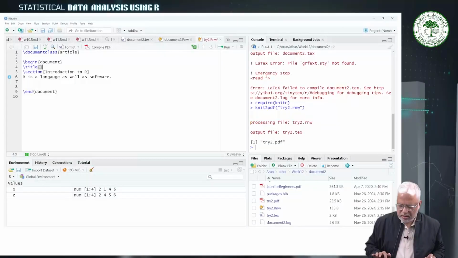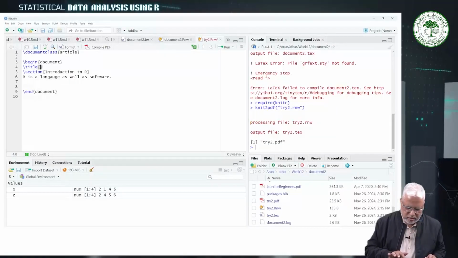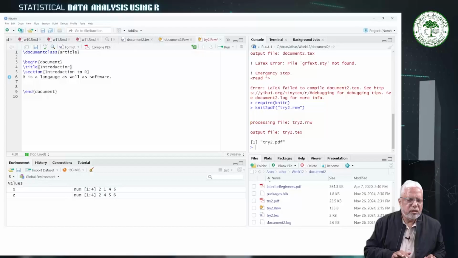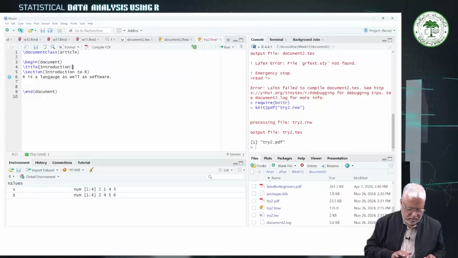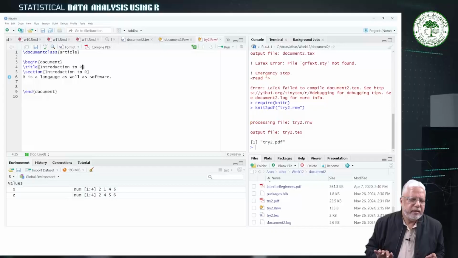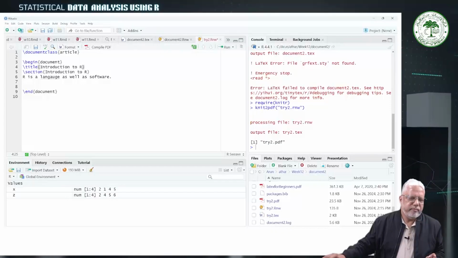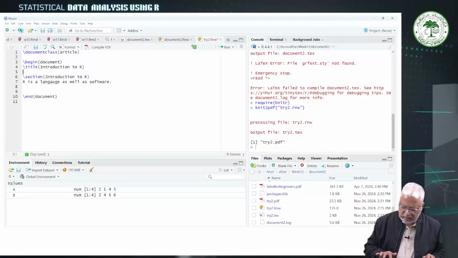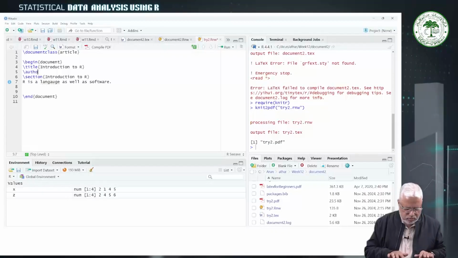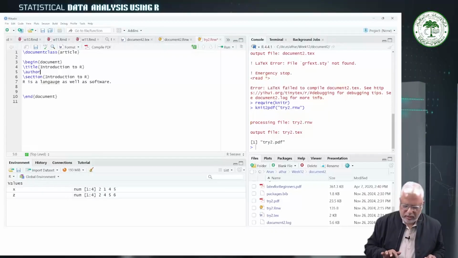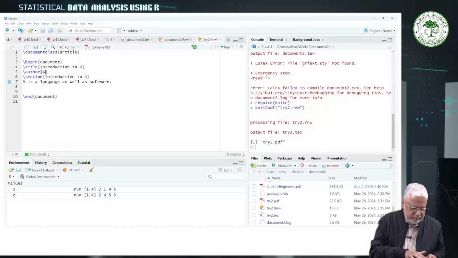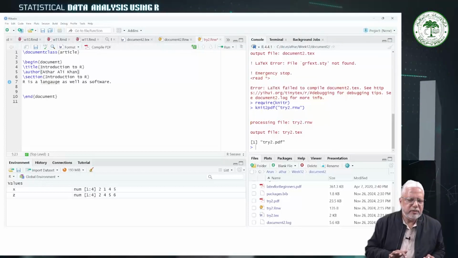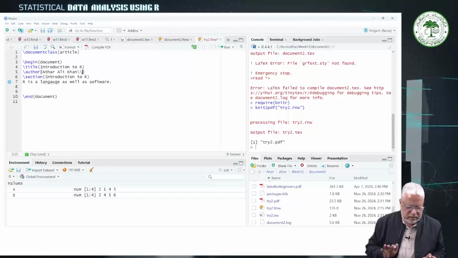So here I will write the title, Introduction to R. So this is the title, Introduction to R, and after that I am writing author. Author name is Athar Ali Khan, and then new line character,